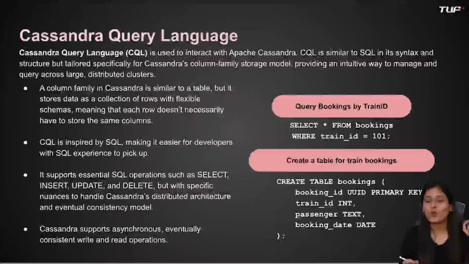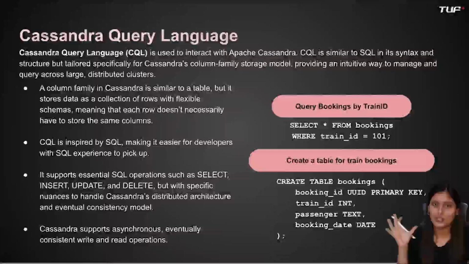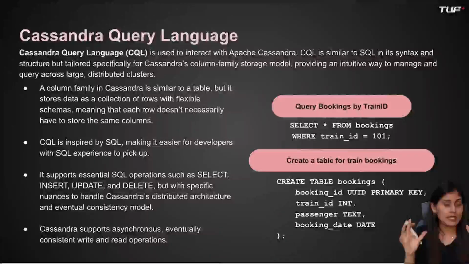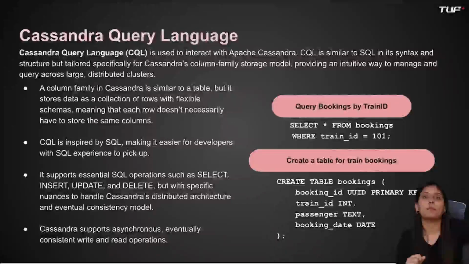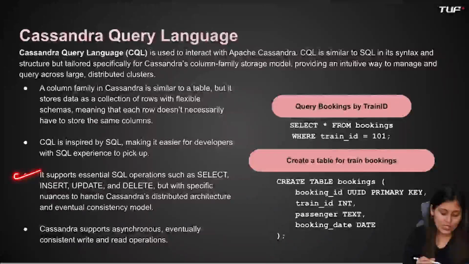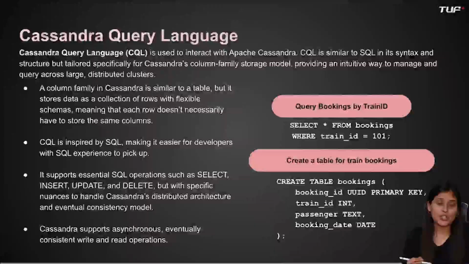operations, means it focuses more on availability than consistency, which we have already learned is a key feature of NoSQL databases. So Cassandra looks similar to SQL, but it allows eventual consistency, meaning in-between soft states can be there, like the final data update will be done after some time. Okay. Now it supports essential SQL operations such as select, update, insert, delete, but with specific nuances. So basically, like how we have certain operations in SQL, these operations are also satisfied and followed by Cassandra